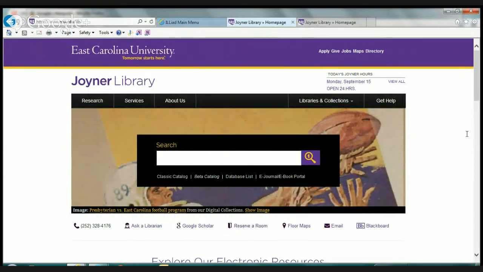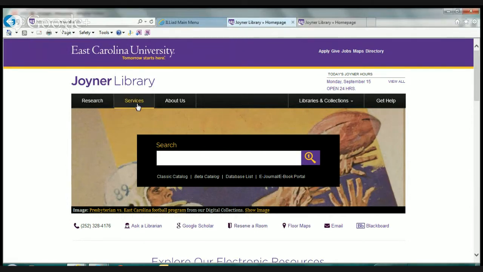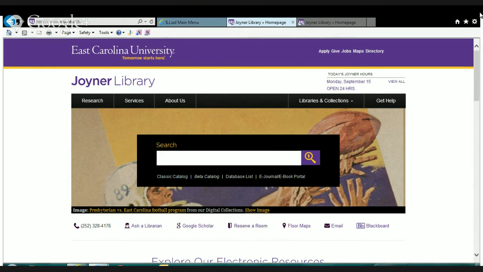Now we're back at the Joiner Library homepage, and remember, your DE services are available to you under the Services button. Let's go for a moment to this one search box here in the Joiner Library page. We often tell students, oh, well, you shouldn't just Google for a project because the resources may or may not be credible, or you'll miss so much if you only Google for the resources, and that part is certainly true,